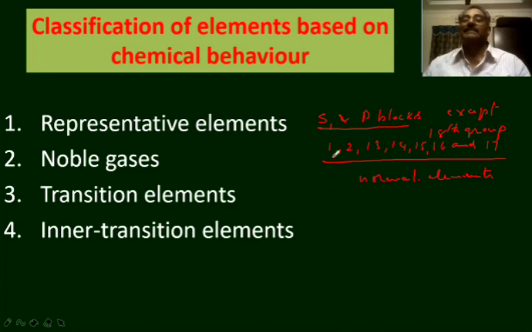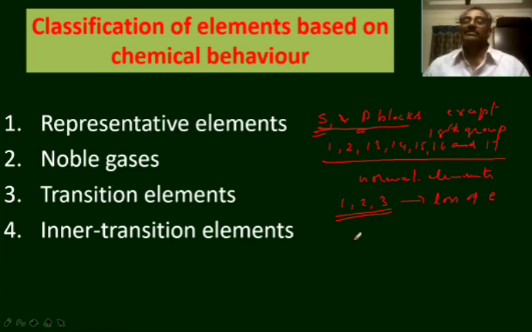Some elements like metals, that is S block elements, and some of the P block elements contain 1 or 2 or 3 electrons in the valence shell. These elements are the metals. They have the electropositive nature. By the loss of these electrons present in the valence shell, they get the stability.